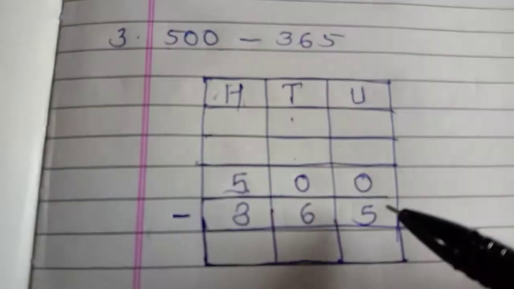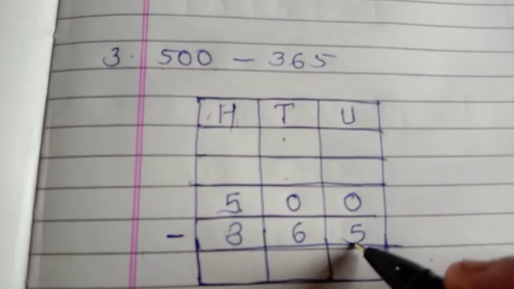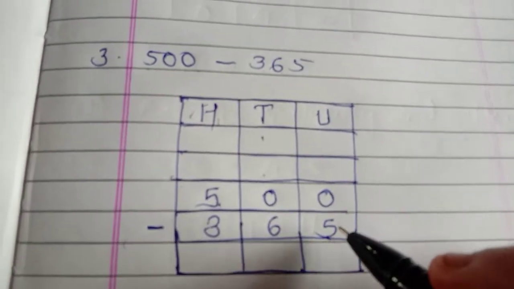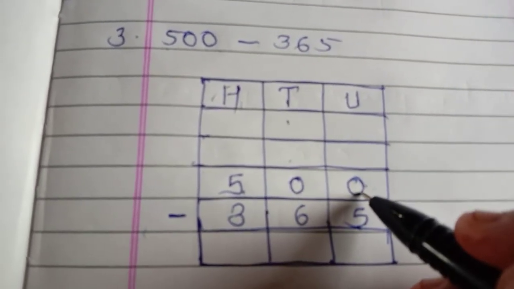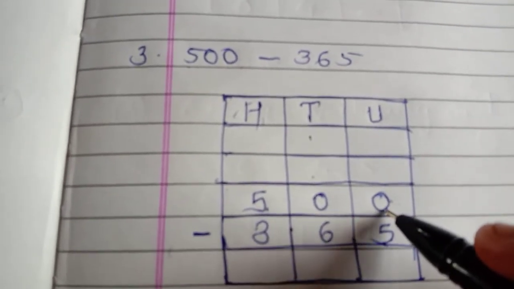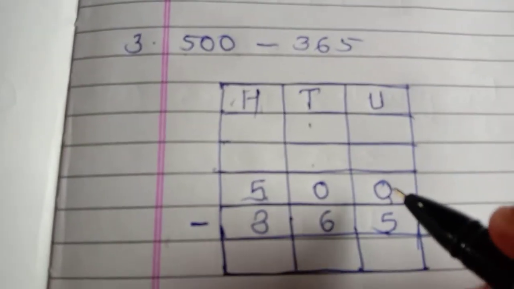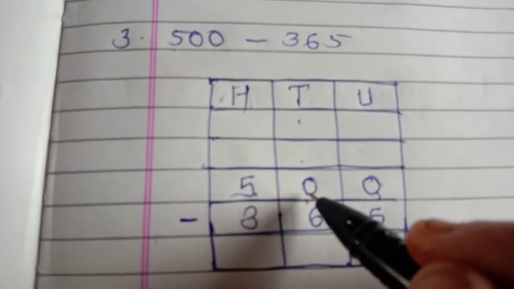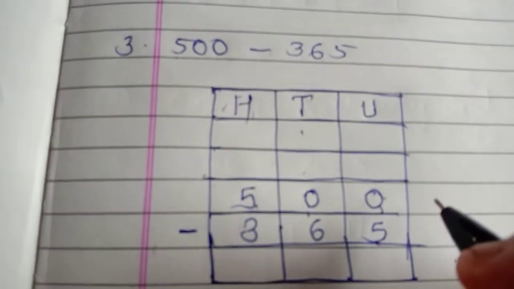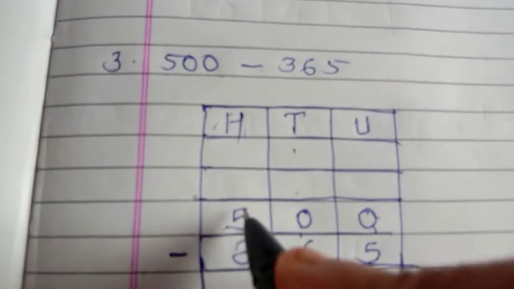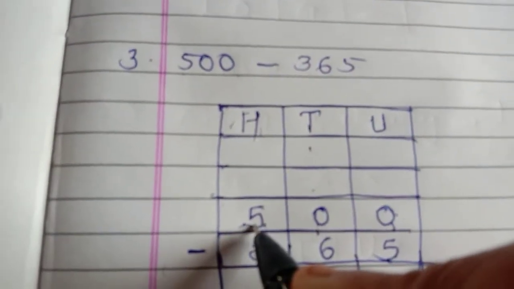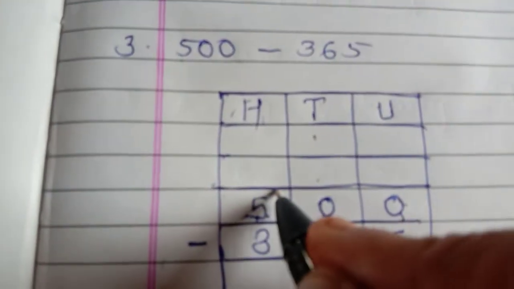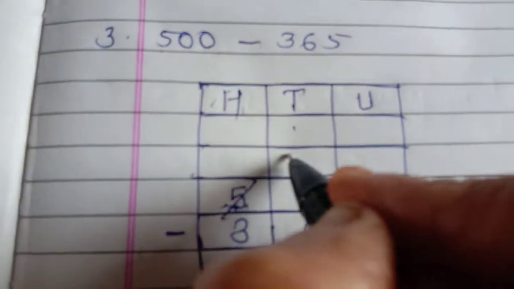There is 0 units minus 5 units. Okay. But that means subtract 5 units from the 0. Can you subtract? No, because 0 is a smaller number. Then what do we do? We borrow 1 from the another column. That is tens column. But there is also no number. Then what can we do? We borrow 100. There is 500. However, we have 500 here, of which we can borrow 1 here.